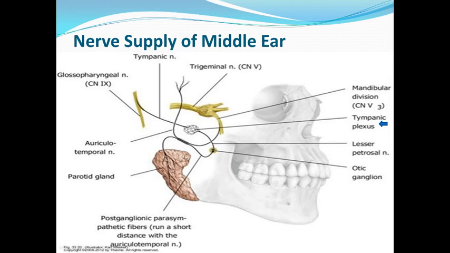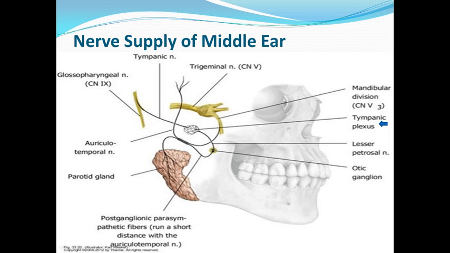The nerve supply is derived from the tympanic plexus. Yes, you can see this is the tympanic plexus, and this tympanic plexus lies just over the promontory. When we discussed the boundaries of the middle ear, I told you about the promontory. So the medial wall has the promontory, and then this tympanic plexus